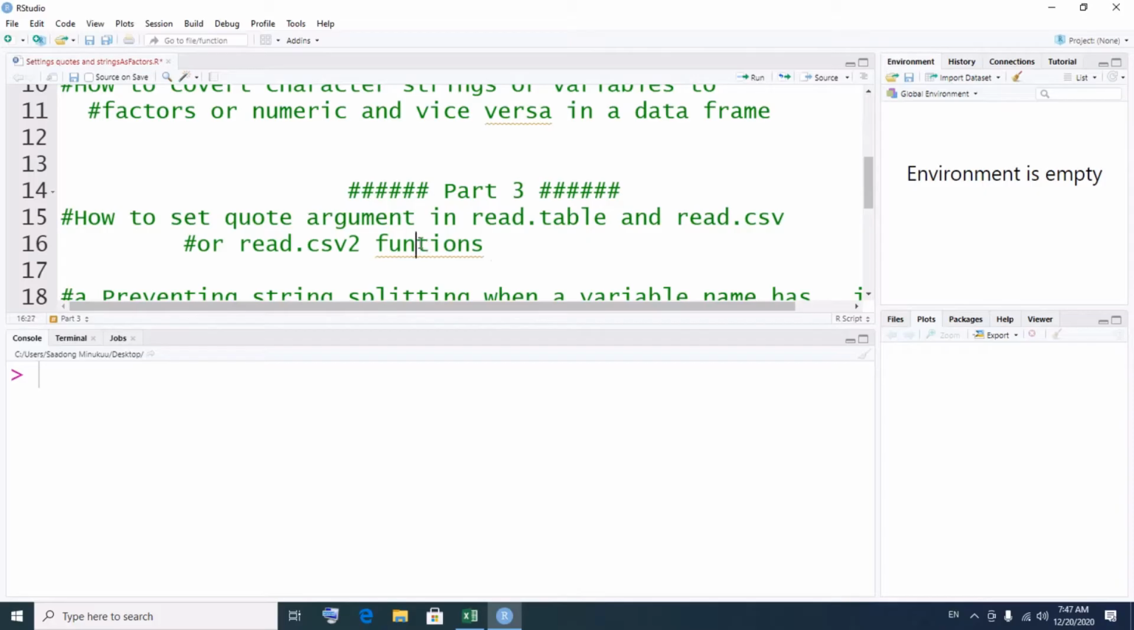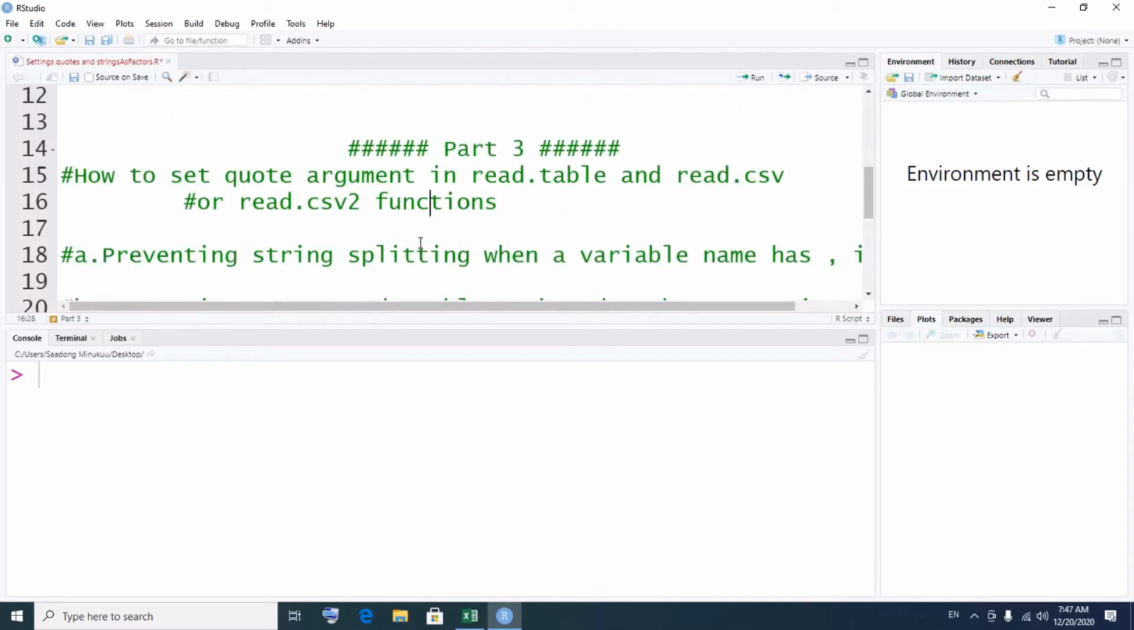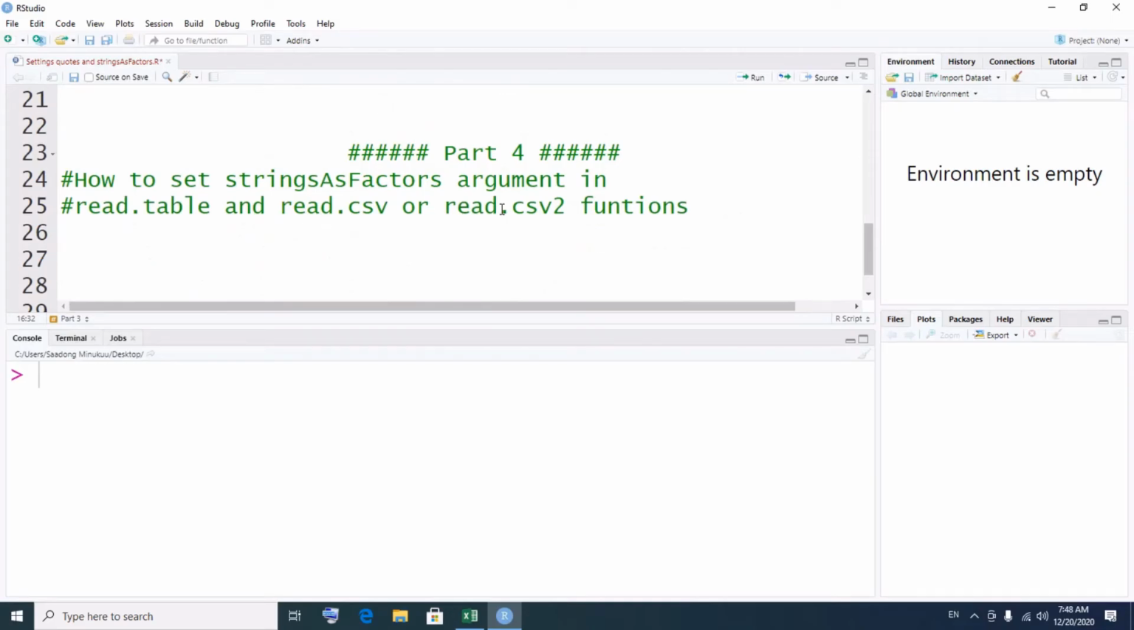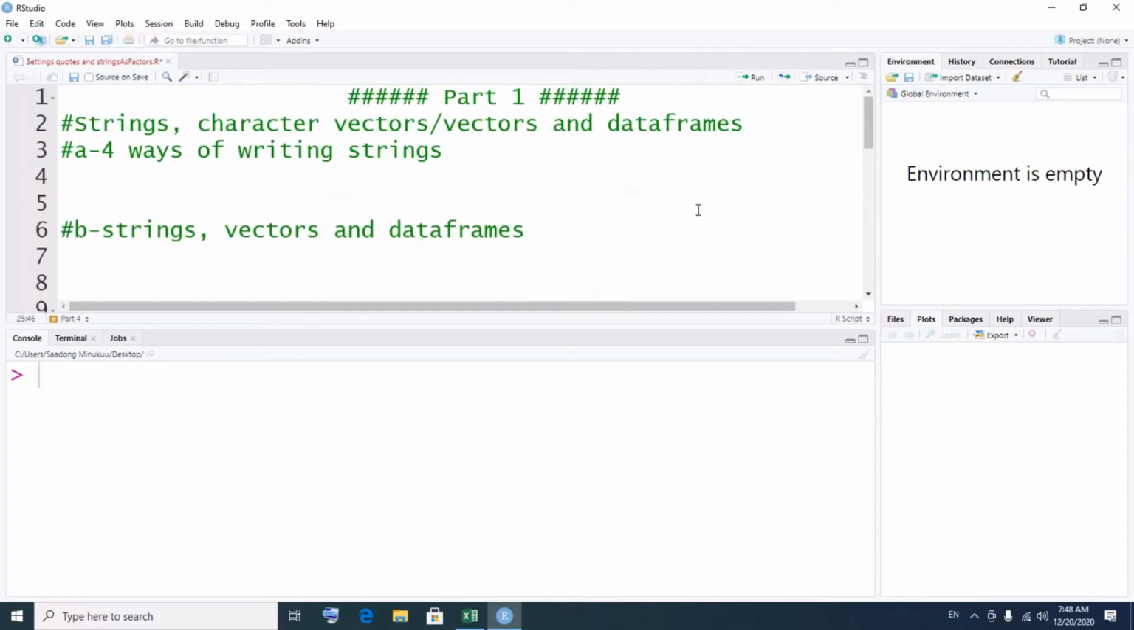we shall look at how to set the quote argument when reading data into R using the read.table or the read.csv function. And then finally, in the fourth part of our tutorial on strings, vectors, and data frames, we will look at how to also set the stringsAsFactors argument in the read.table or read.csv function when reading data into R. So without speaking much, let's start with the first part of our video, which has to do with how to